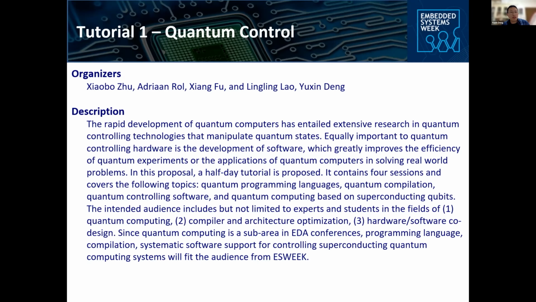The first speaker, so I will give a very brief introduction to Professor Zhu. He got his PhD in 2003 from the Institute of Physics, Chinese Academy of Sciences, and currently he's a professor at the University of Science and Technology of China.